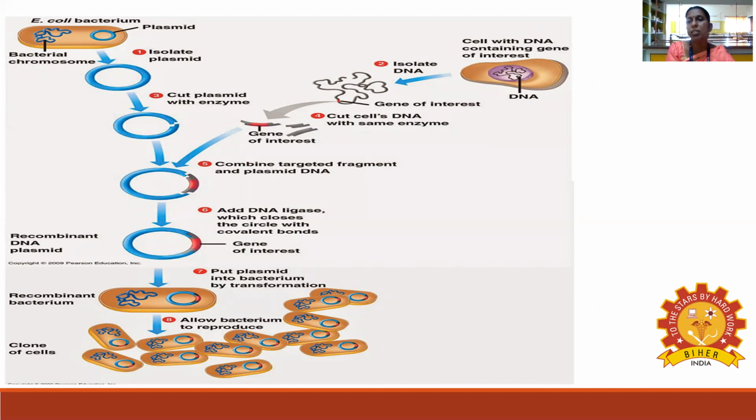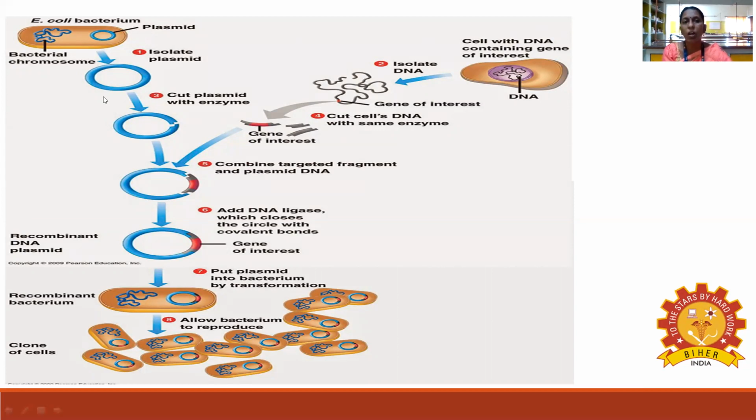So you digest the protein, and you get the nucleic acid, because the nucleic acids are conjugated with the protein. There are two types of nucleic acids present: one is called DNA and another is called RNA. We want the DNA, so by digesting with the enzyme RNase, you get the DNA. And from the DNA, which fragment do you want? Within the chromosomes, you have to extract the specific gene, and that gene you have to insert into the vector.